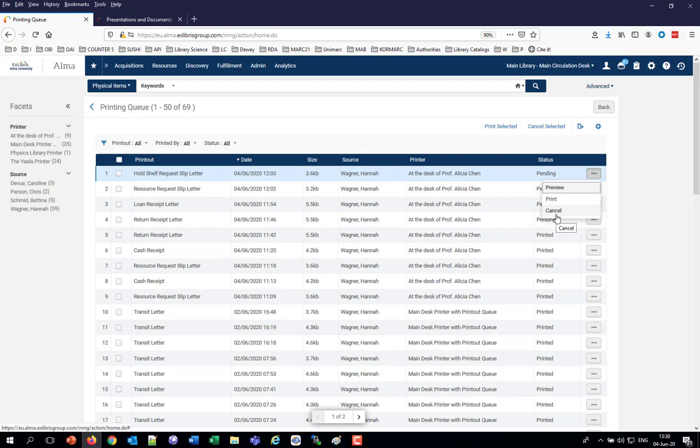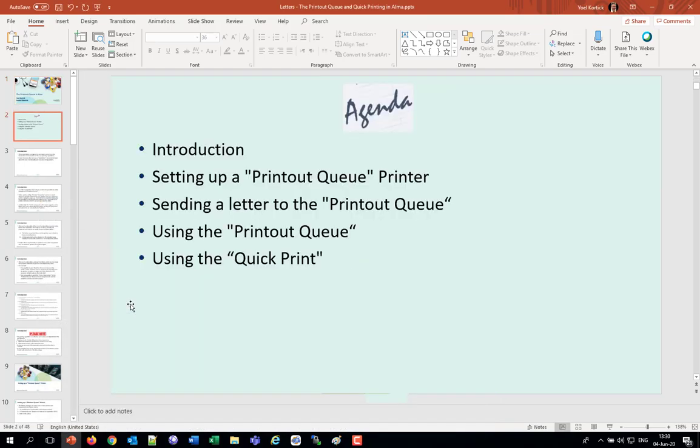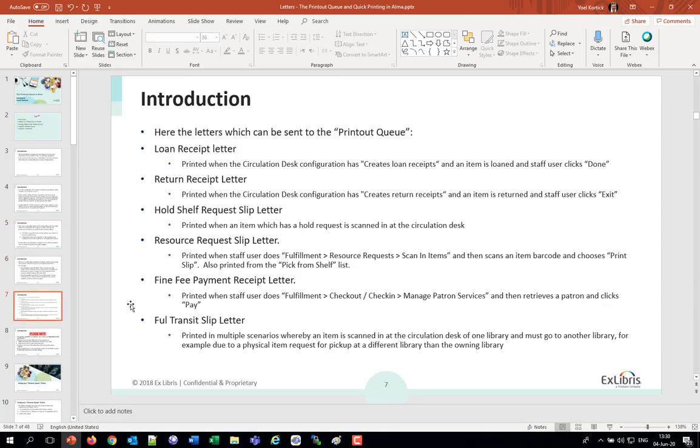So the Printout Queue. What letters, first of all, are printed via the Printout Queue? So there's the letters here. These are letters which typically an institution would print. For example, they're not a letter to the vendor stating that it's desired to order an item, because that's not something the institution would typically print. And it's not a patron circulation summary that goes by email to a patron, because that's also not something that's